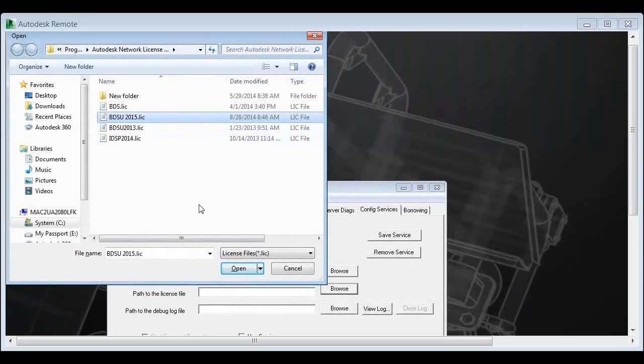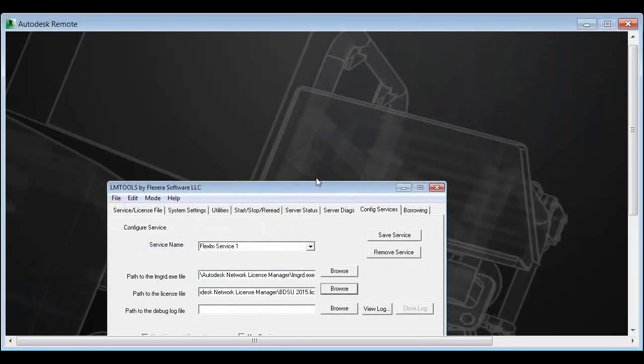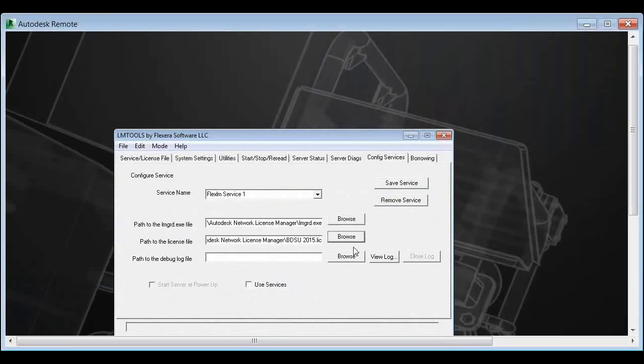But if you're switching back and forth between license files like I am for testing, I tend to keep them all in the same spot. But best practice, just have one license file. Everything else goes in a folder called old license files or something like that, so you're not getting confused. If you update your license file every year, you're going to end up with a few of them. So in this case, I'm going to pick this license file, and then the last thing I need to do